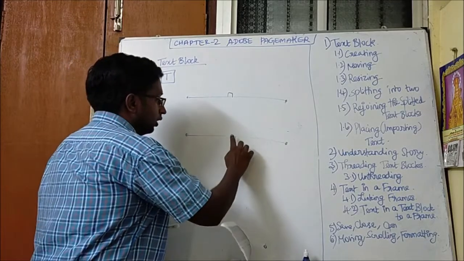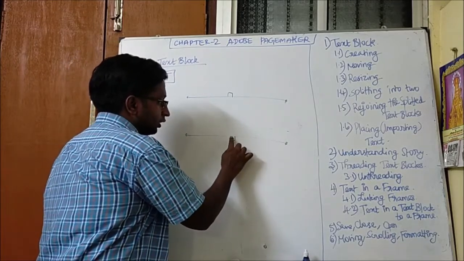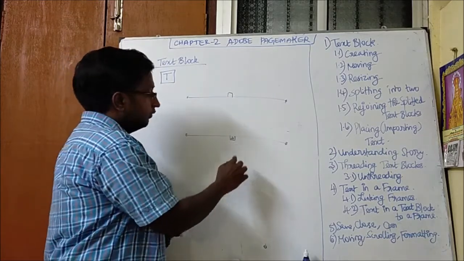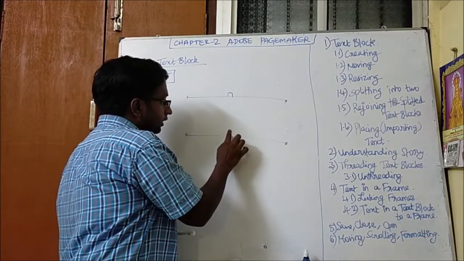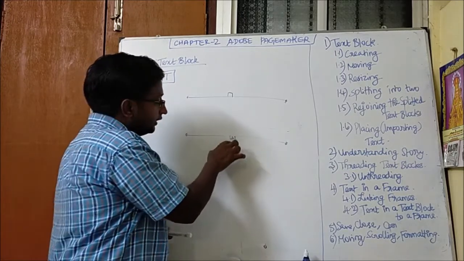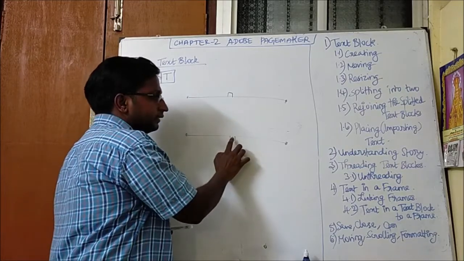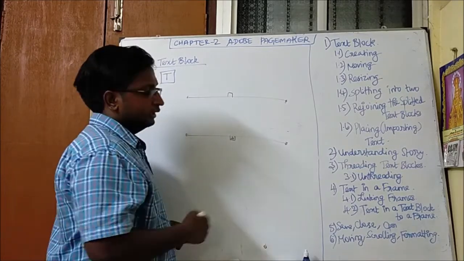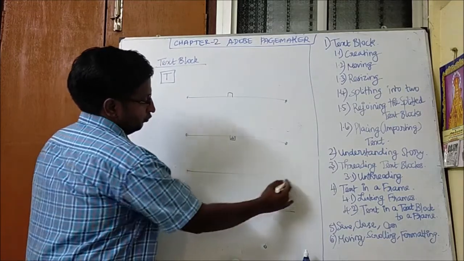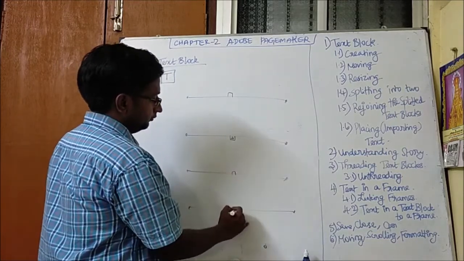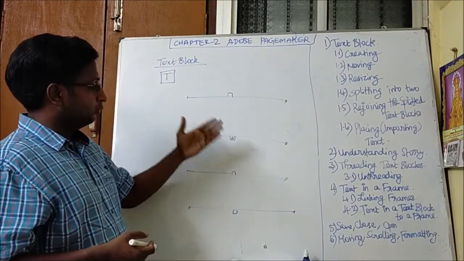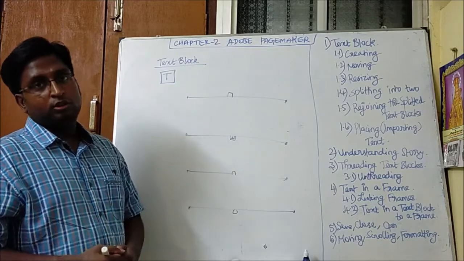You have to move the mouse pointer to the bottom handle. You call it a handle, both the top handle and the bottom handle. When you move the mouse pointer to the handle and click, you will see a red color triangle inside the handle. You have to click that handle and drag to the necessary place. So this text block will be split. So you will be having two text blocks. Like that you can split as many text blocks as you want.